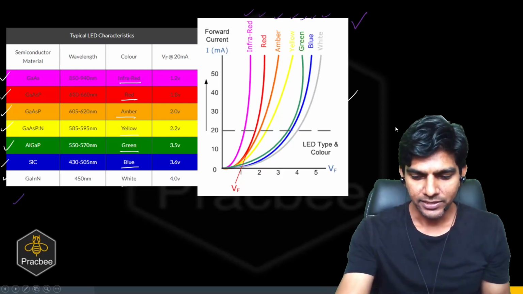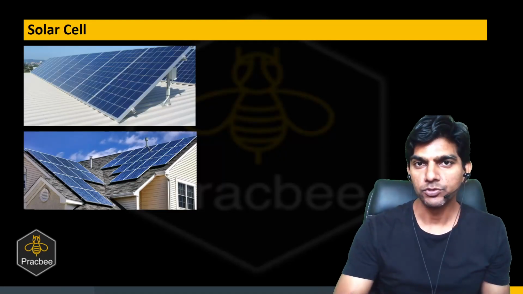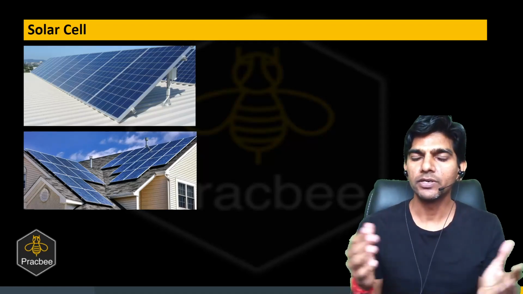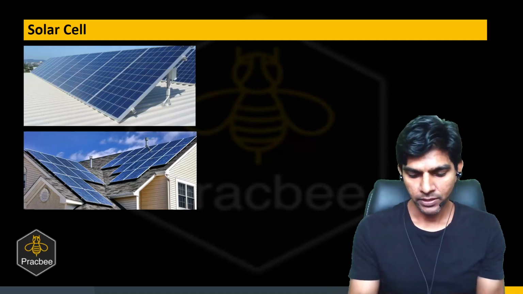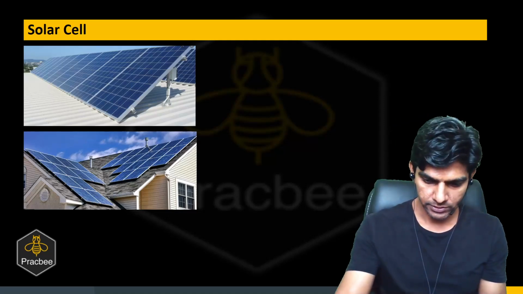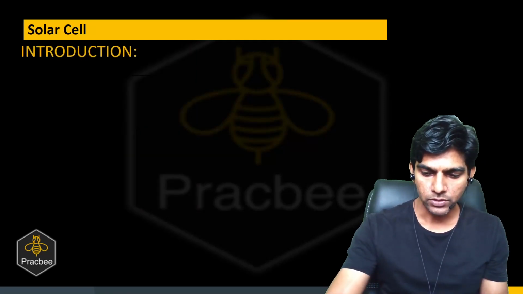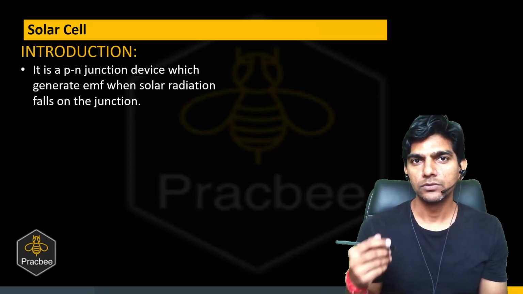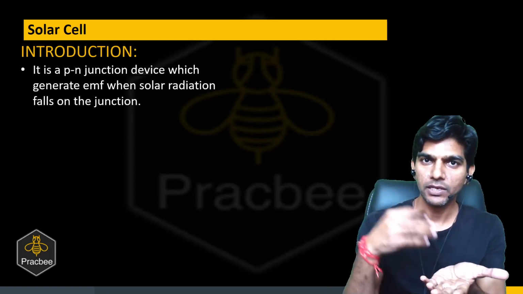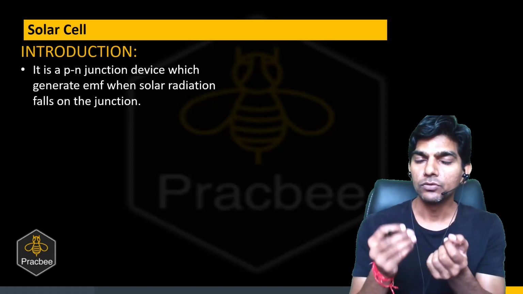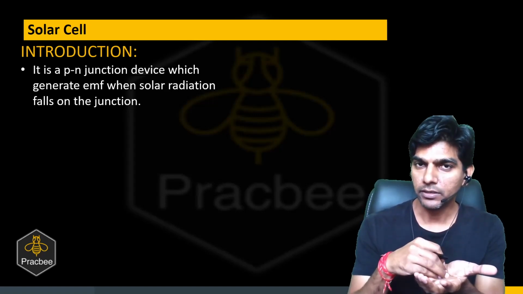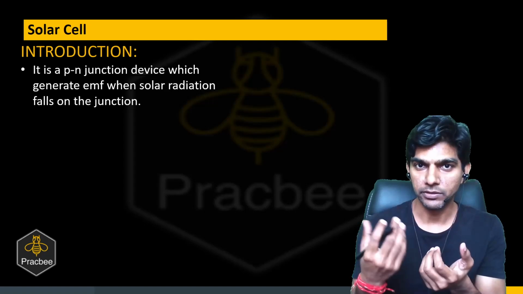Now the last special purpose diode that we have to study is solar cells. So we all know what are solar cells. Yes. So solar cells harness the sun's energy and convert that energy into electrical energy. Now let us see how the solar cell works. So first of all, in a solar cell, what do we have? So we will have incident photons. So the light is incident on the diode, and due to that, electron hole pairs are generated. So it will break the bonds near the depletion region, and there will be electron hole pair generation.